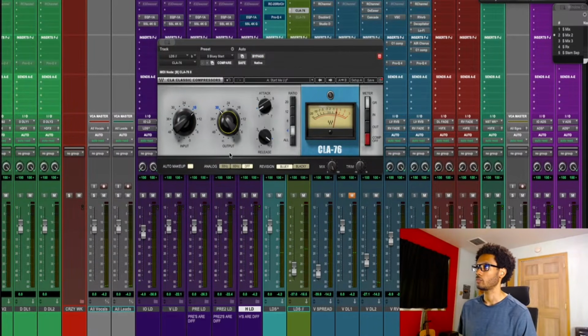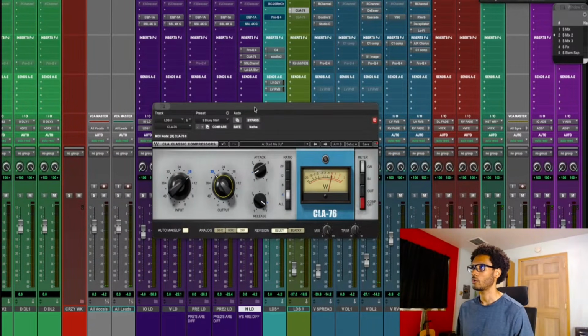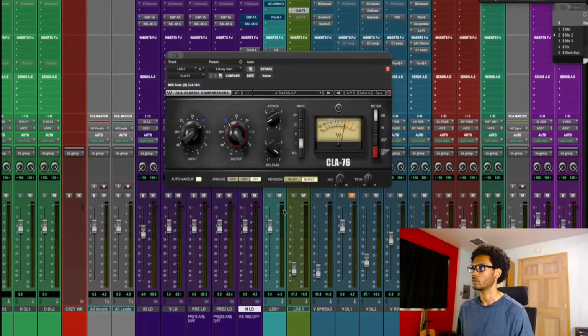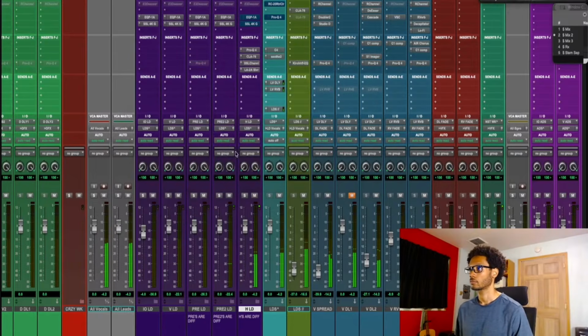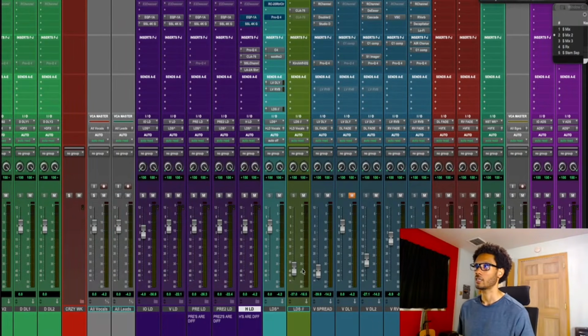Since we're using the Bluey on the actual vocal, maybe we should switch it to this one and let's see how much compression we're doing now. And let's just blend it in subtly, just tucking it underneath, right? So this isn't even the craziest. This is 1, 2, 3, 4, 5, 6 plugins. Just with 6 plugins, we're demonstrating this. And then we got a little parallel compression with the CLA 76.